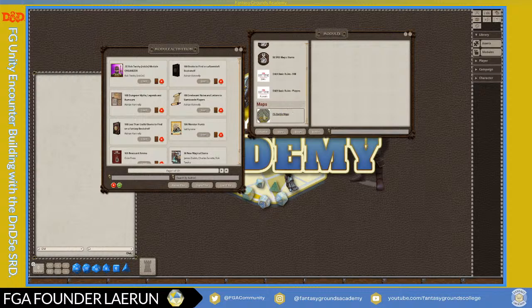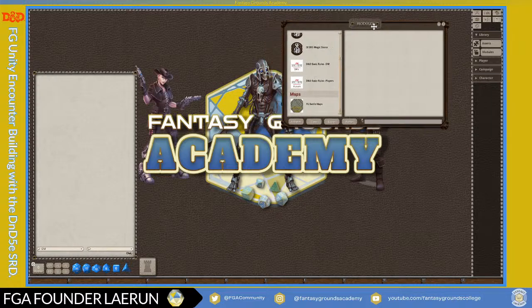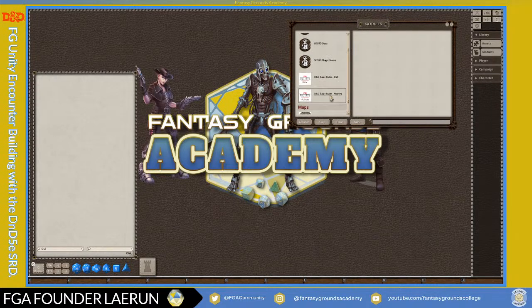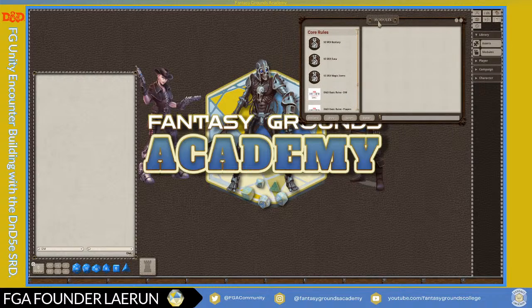This Fantasy Grounds Battle Maps comes with Fantasy Grounds, so that's something you'll get as well. So that's all I have loaded. I have the SRD, the basic rules, and I have the add-on Fantasy Grounds Battle Maps, which actually comes with the base program. So I don't have any really add-on content or DLC loaded. Just kind of letting you know that up front, so you know that it is possible to create content without